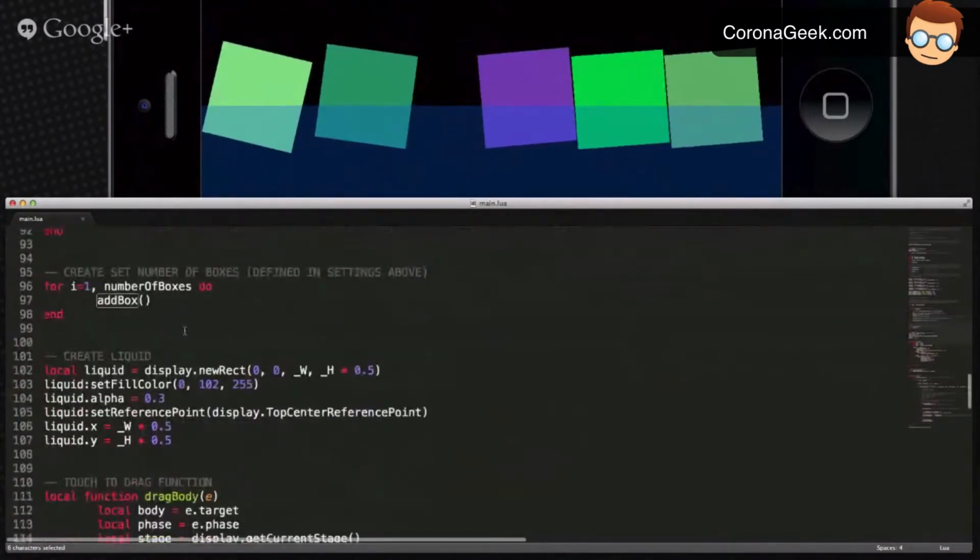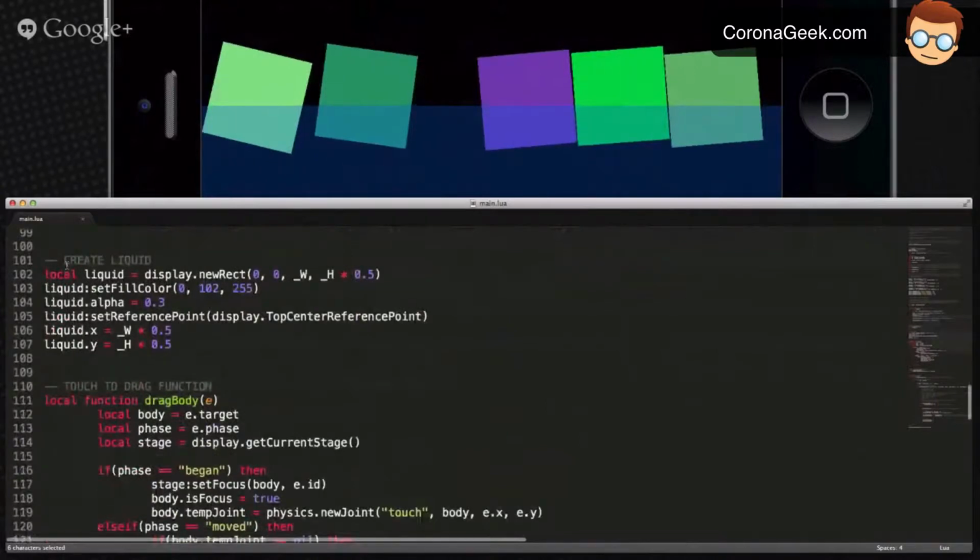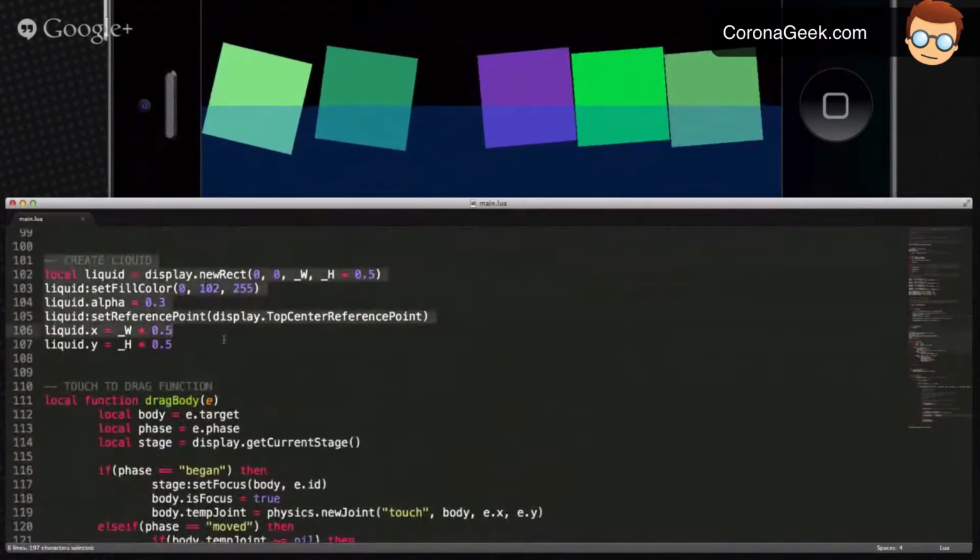and then he comes in and creates a liquid. So this isn't really boxes in water. This is just sort of a special effect, right? We're kind of fudging it. So he creates, again, another new rect, which is our background here, our little blue water type background. Sets the fill color on it, kind of gives it translucency with the alpha, and then sets the reference point